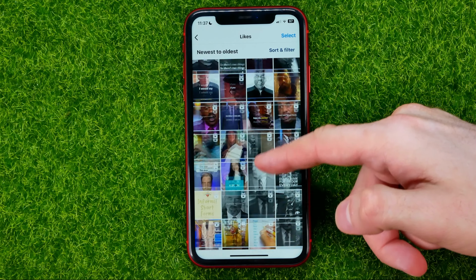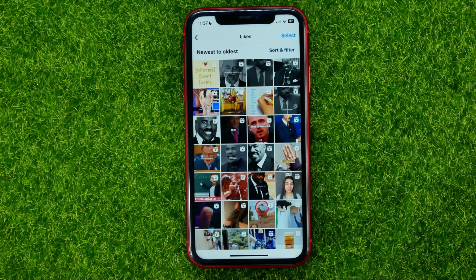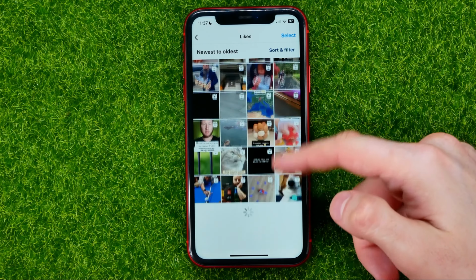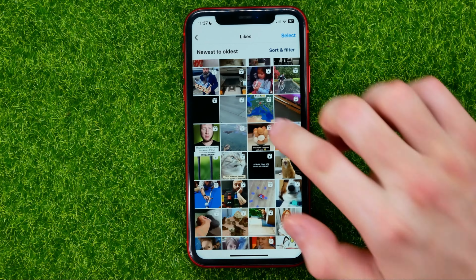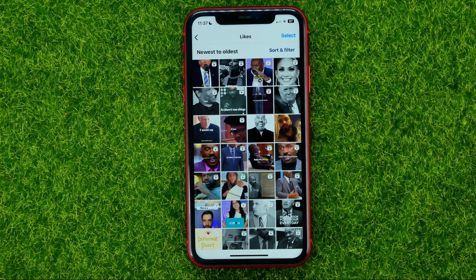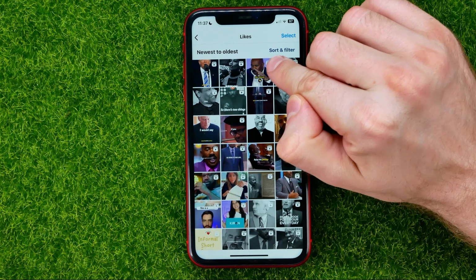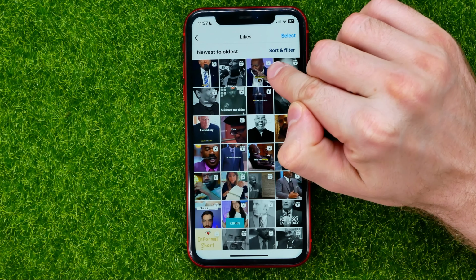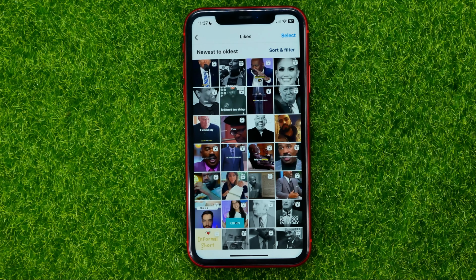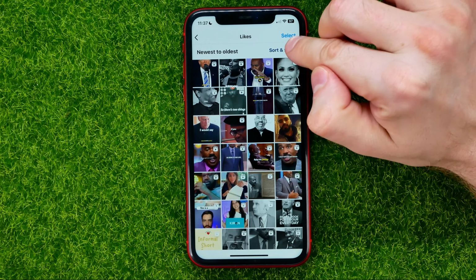You can drag it up to load more and more content, and that's how you can easily find your liked reels. Reels will be overlaid with a reel icon at the top right corner, and also you can tap on